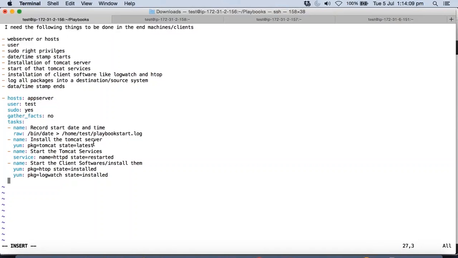Okay, so we need to make sure we log all the packages into the destination system. How do we do that? We just need to make sure that we are copying the yum list installed output into the destination. Maybe that is the thing. So what we need to do is add a hyphen name, log all packages into